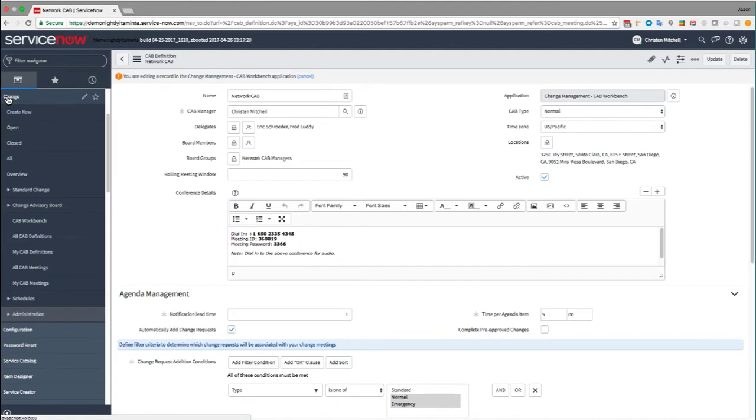All right, so I am logged in as a user named Kristen Mitchell, who has been granted the CAB Manager role. And as we see the Change Management application menu and its various modules, we will notice a new separator called the Change Advisory Board that has a handful of new modules. The CAB Workbench is a calendar of scheduled CAB meetings. We'll take a look at that in a few moments, but we will start at the CAB definition record, which,